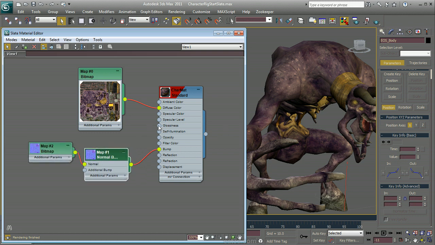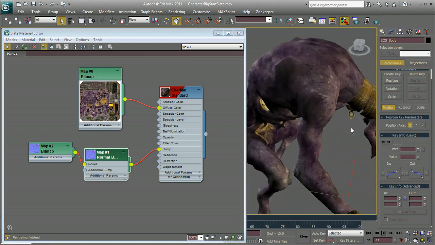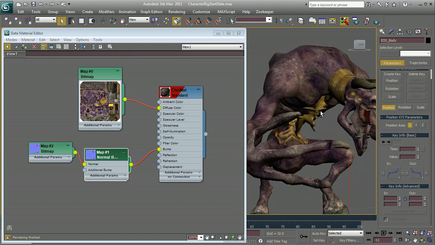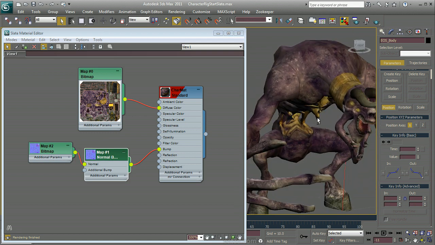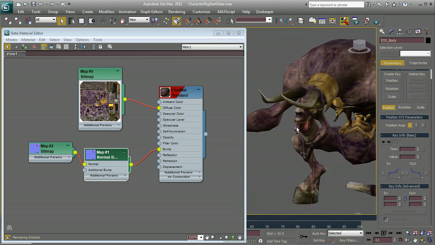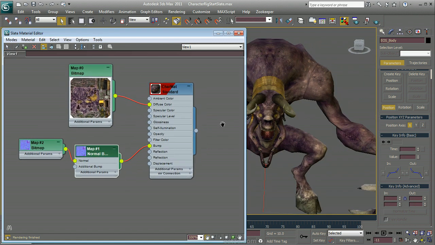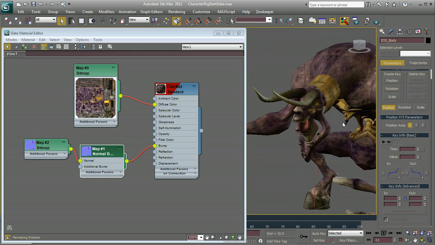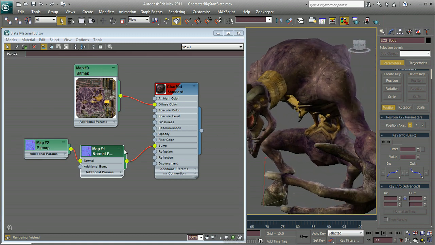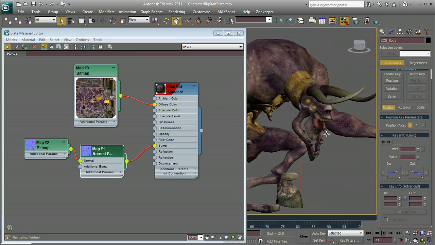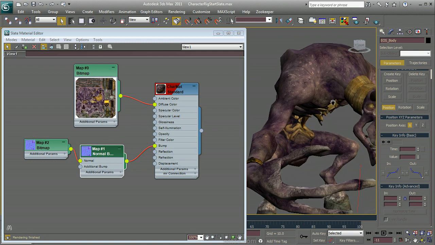Now you'll see that as we're adding maps and the shader gets calculated, this is kind of changing to that checker map as we go through. And that's something important to recognize, but that shouldn't block your workflow from 3ds Max. 3ds Max should kind of operate. You should be able to navigate in the viewport and hear as it's building the shader behind the scenes, which is pretty useful. So we can see that we have our bump map here,